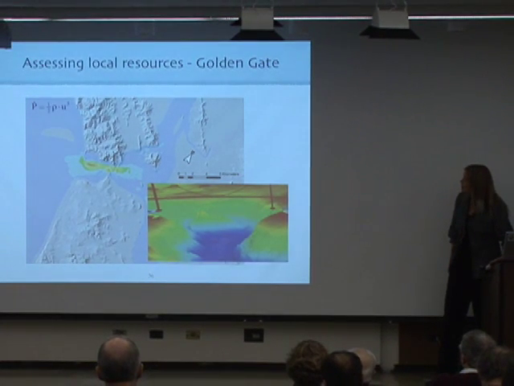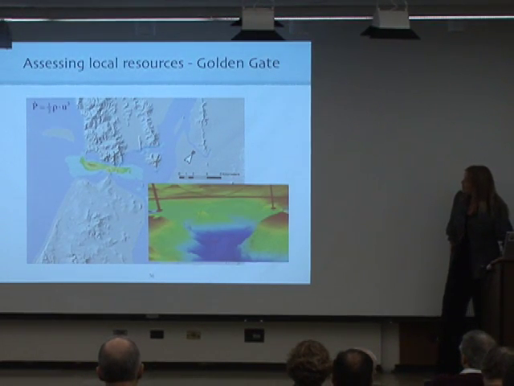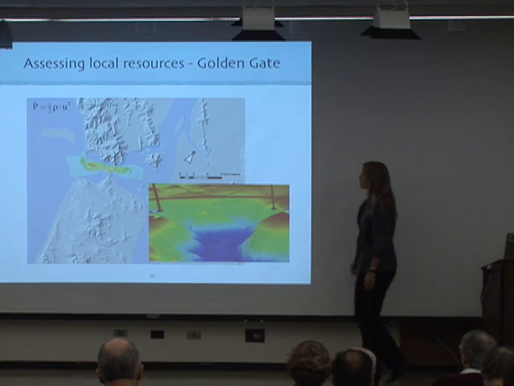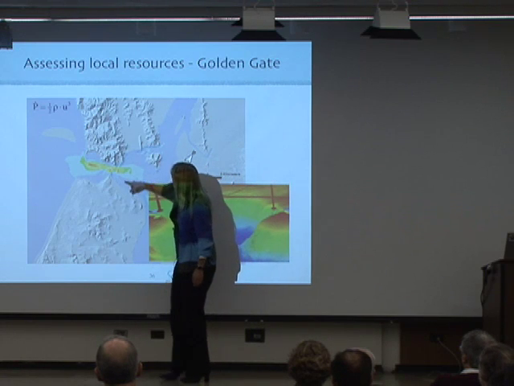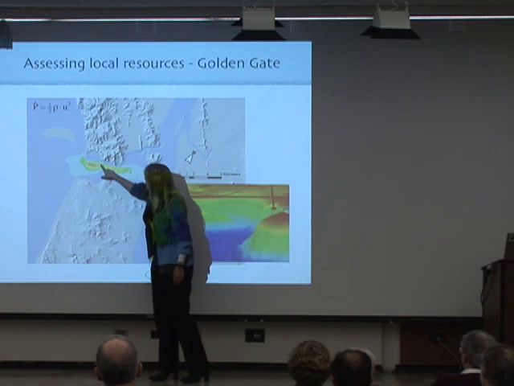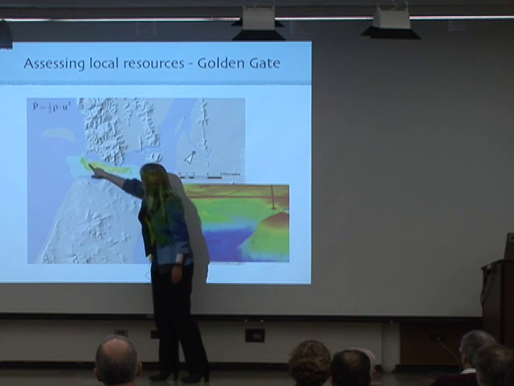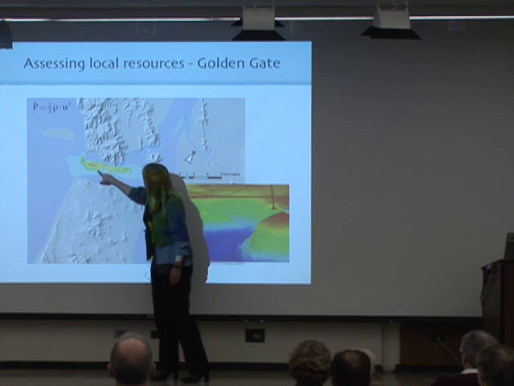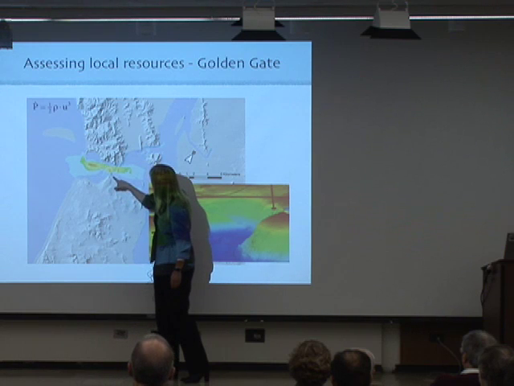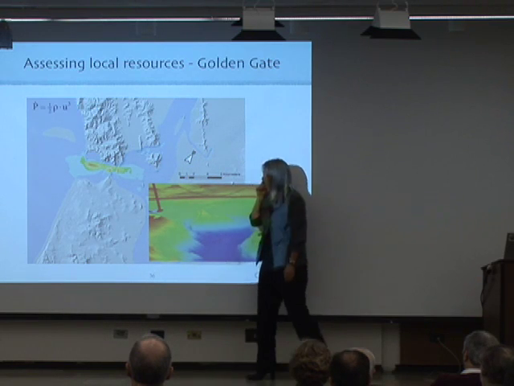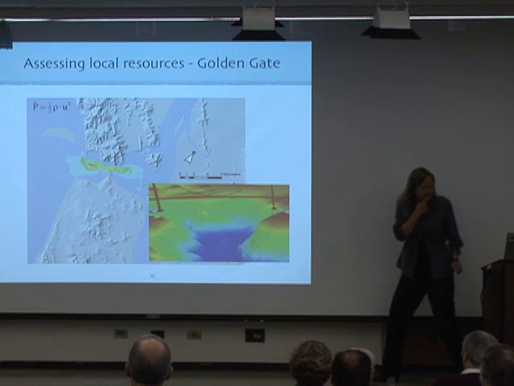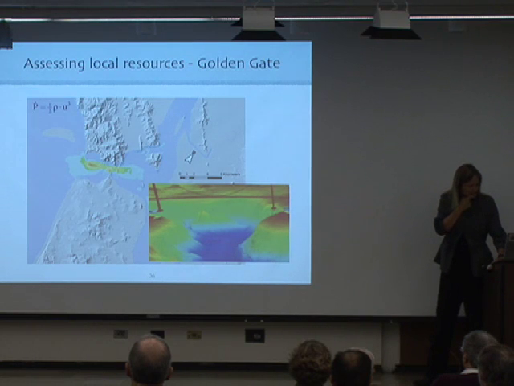Here is one of the power density maps that they created in this latest study with the Golden Gate Bridge, and then you see some high power density in this area here, but unfortunately you're all stuck with shipping lanes, and then you see a little bit more just right near the Golden Gate and the sill there also. So I don't think it's going to happen in San Francisco.